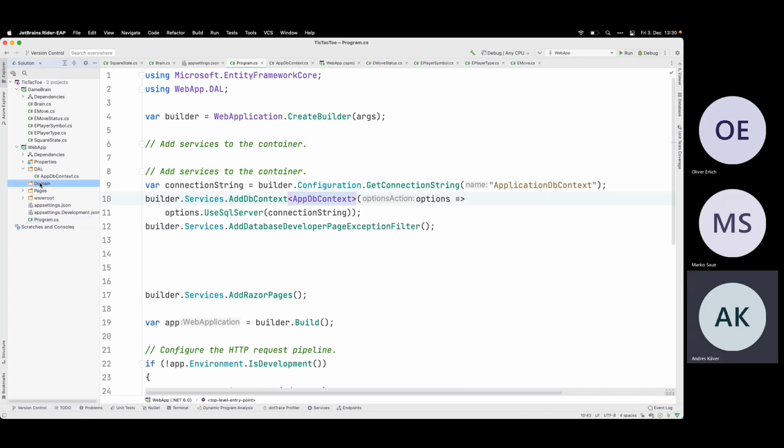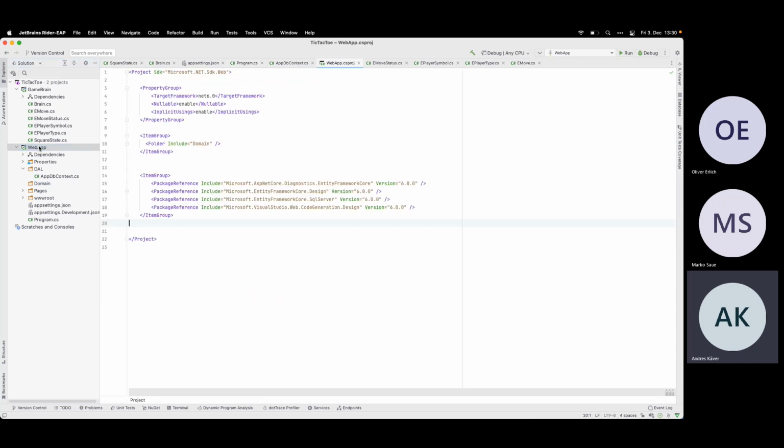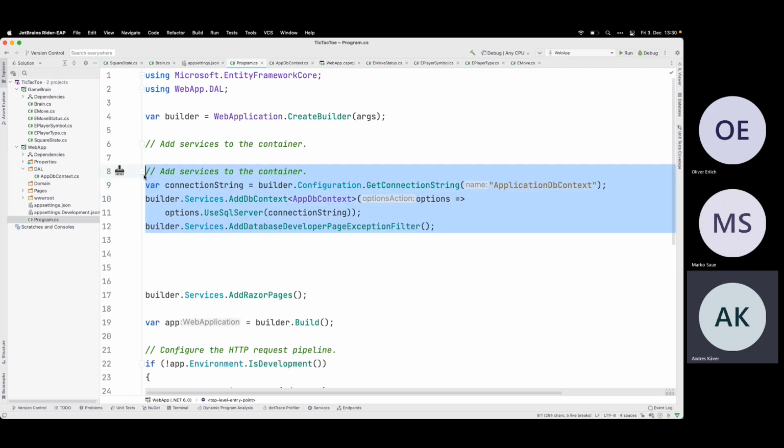Okay, so I just copied from the previous solution, so there's nothing new here. So the necessary packages I need for the scaffolding and database support. Then the dependency injection stuff, so that the database connection is registered into the container, plus this add database developer page exception filter thingy.